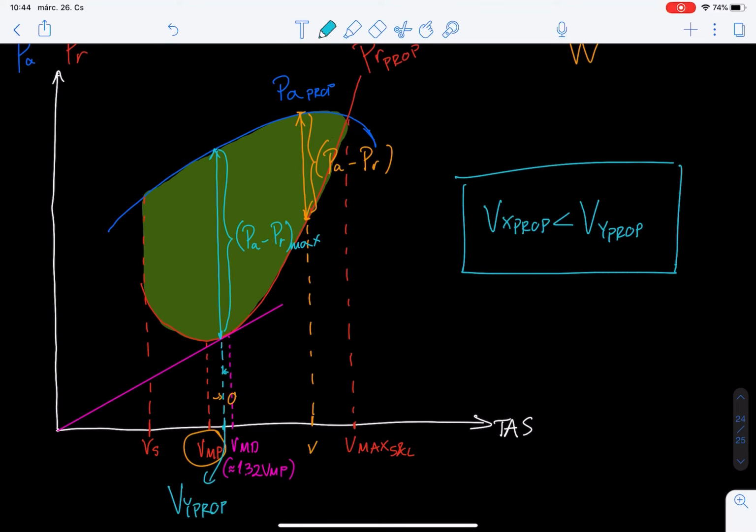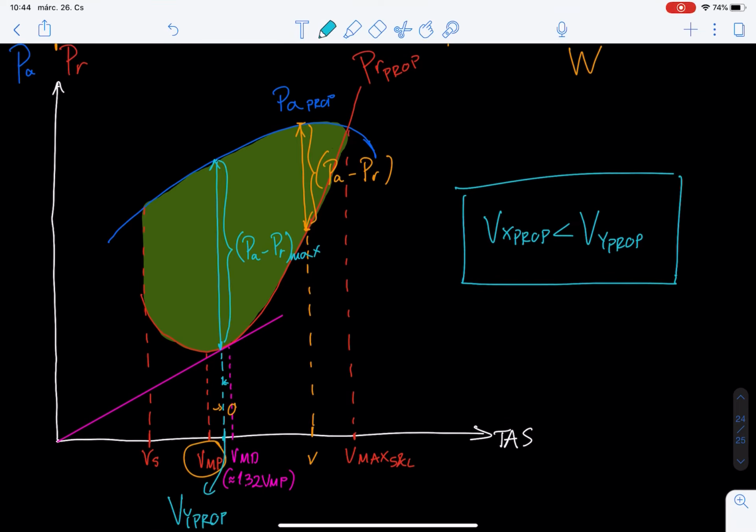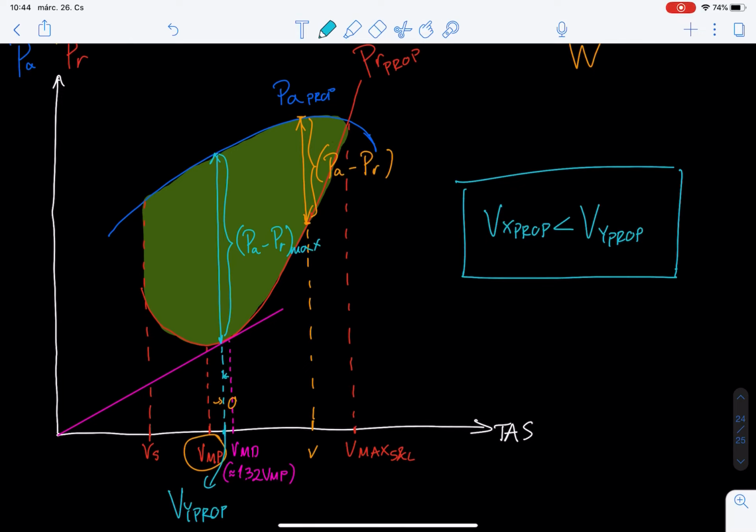So the speed for the best angle of climb is always slower than the speed for the best rate of climb, and it's actually a lucky coincidence, but from a flight technique standpoint we'll see why this is so great for us. Okay,